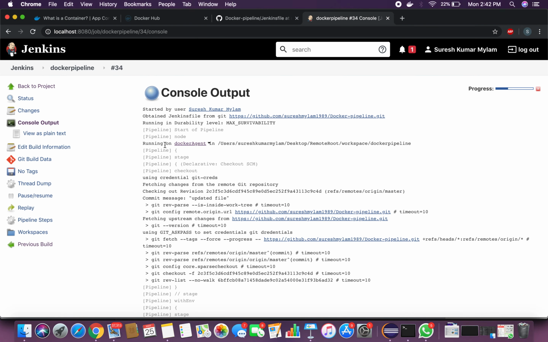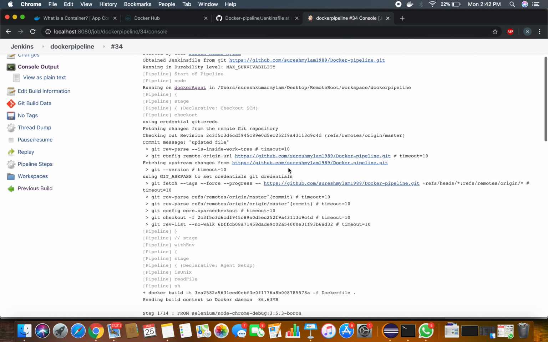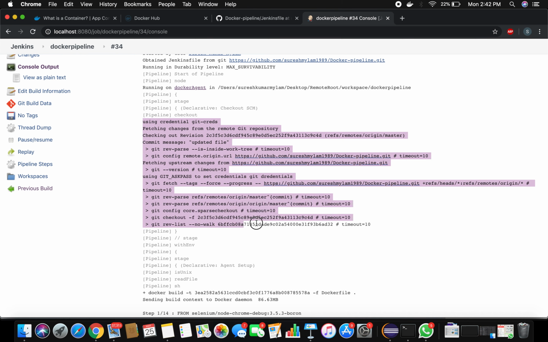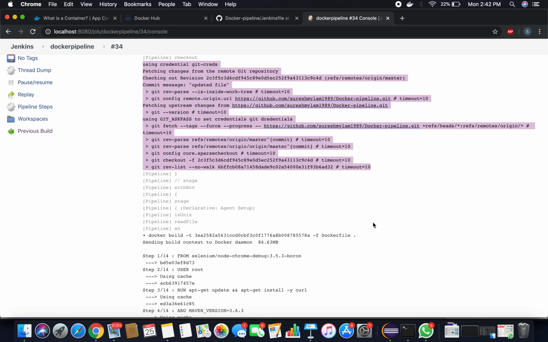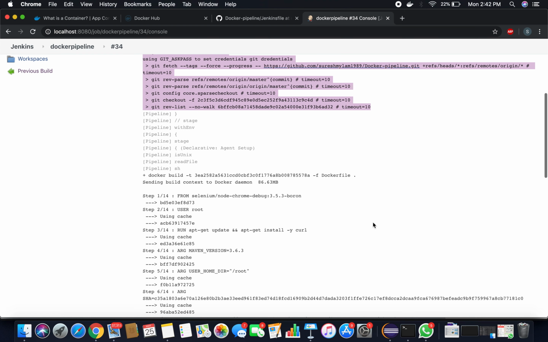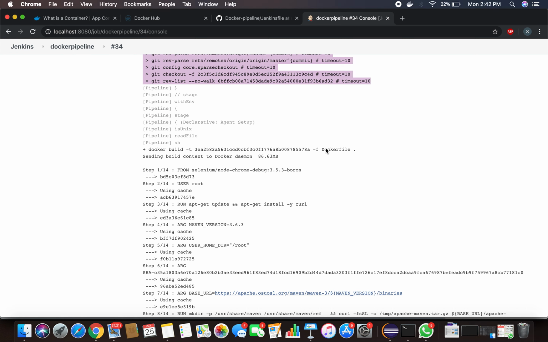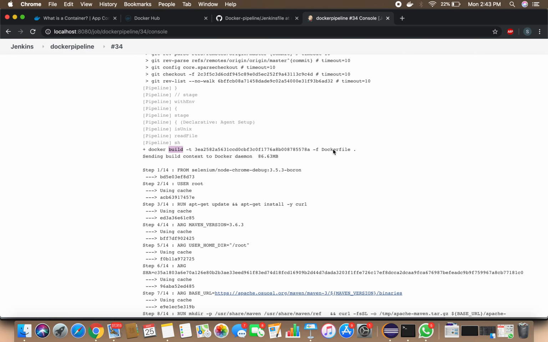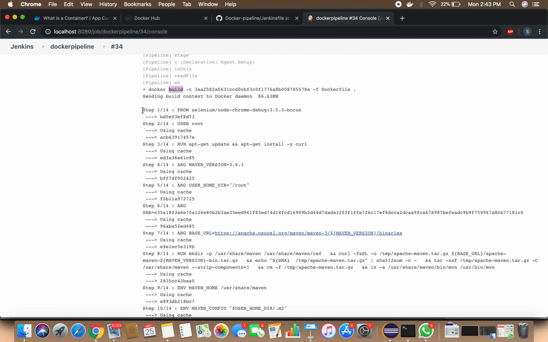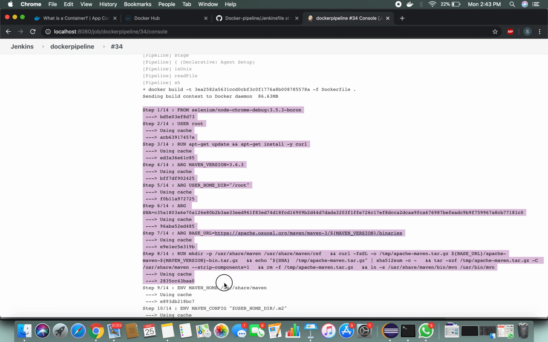See, this particular job is running on the Docker agent, that is my node machine. That is a remote host where I am going to create a container. It clones the project into the node machine. So far we are in the node. The container is not yet created. It is the remote host acting as a node or slave machine to my master. Then it started building an image using the Dockerfile. See here, it's a docker build command. It is using docker build to build the image with the Dockerfile. You can see all the instructions I defined in the Dockerfile are executed.